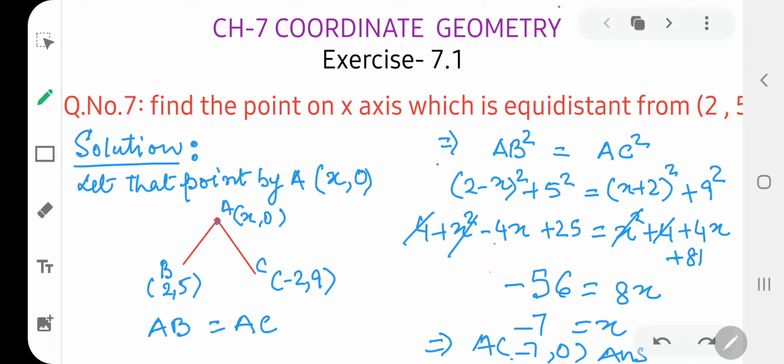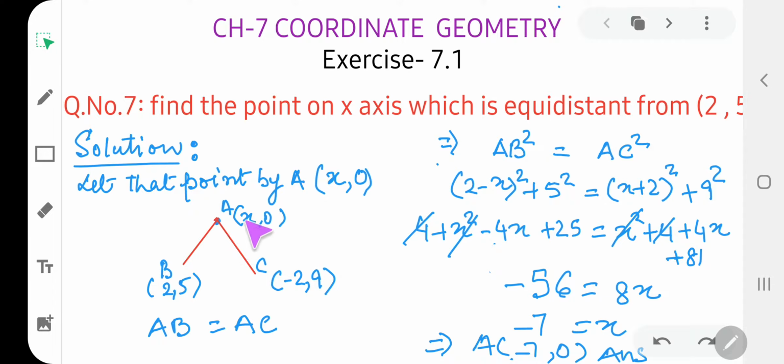Dear students, today we will start doing more questions related to distance formula. This is question number 7 of exercise 7.1. In this question, he is asking to find out the point on x-axis which is equidistant from 2 points (2, 5) and (-2, 9). Now children, we will take a point